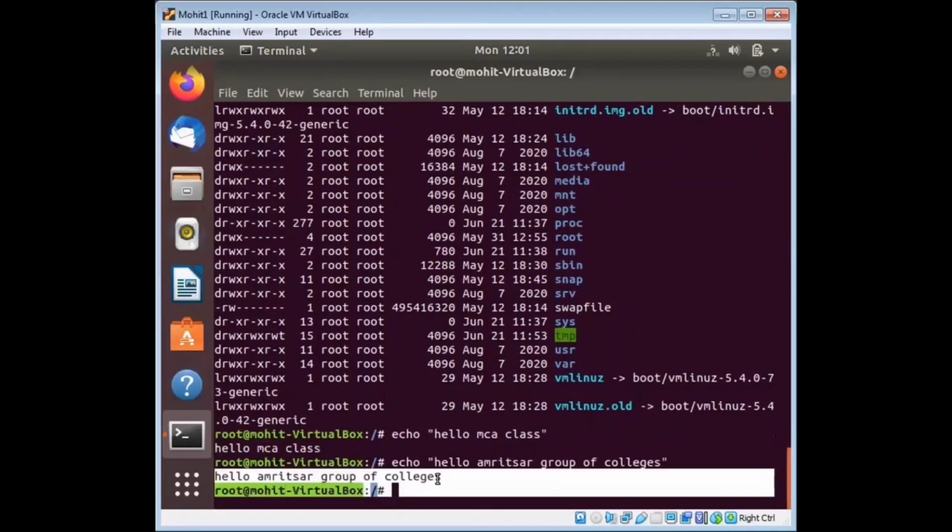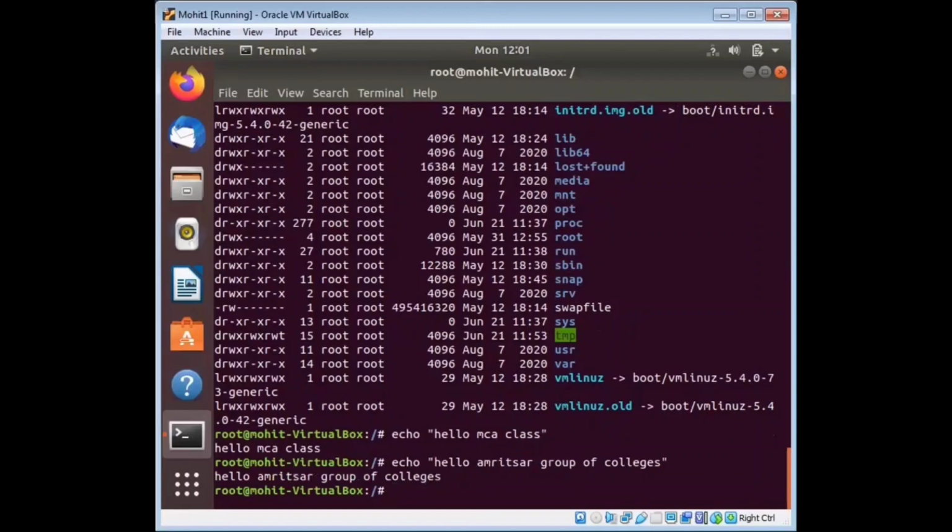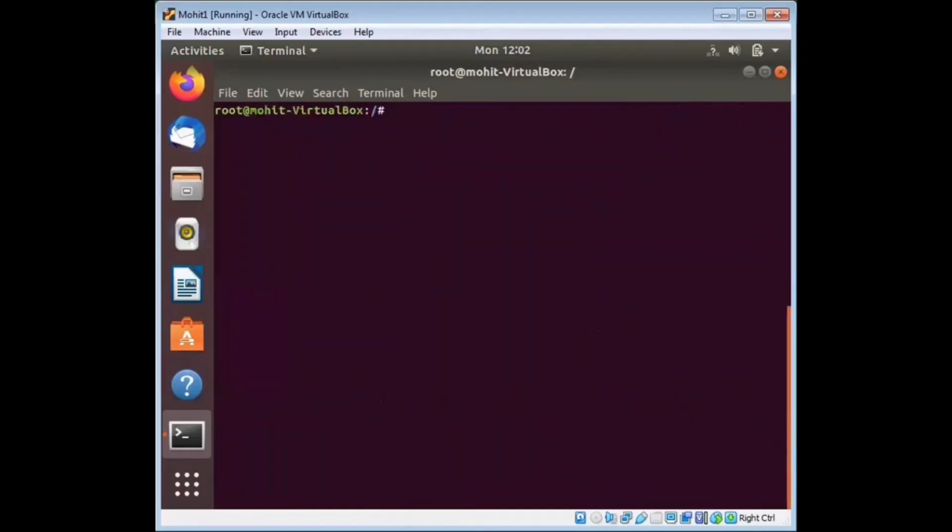Enter. Hello Amritsar group of colleges. So it just prints something. Okay, next command is your who command, WHO. First of all, I will clear the whole screen, like clear, and press enter. So clear. Next is your who command.